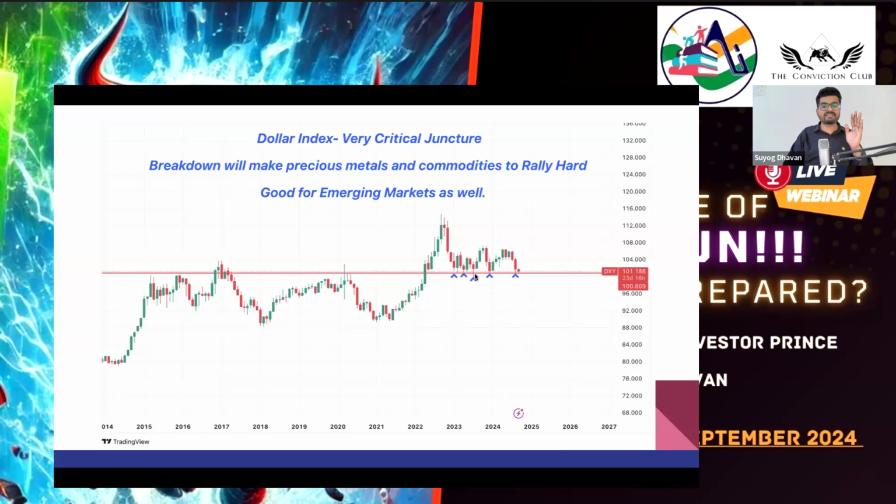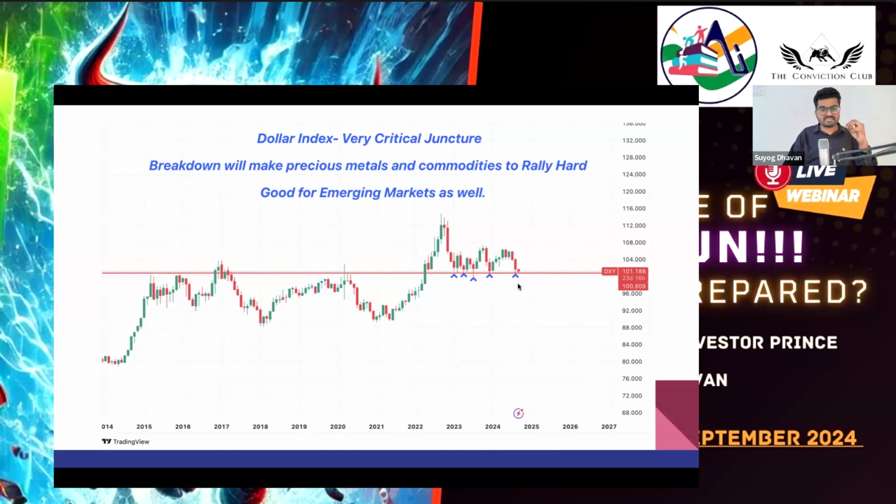इंडिया क्यों बिगर करेगा? क्योंकि this is the dollar index chart. तो डॉलर इंडेक्स versus all currencies, 6 times it has tried to break down. When this actual breakdown happens, maybe it is waiting for the rate cut trigger. उस रेट कट ट्रिगर के बाद ये ब्रेकडाउन करेगा. ये ब्रेकडाउन करने के बाद